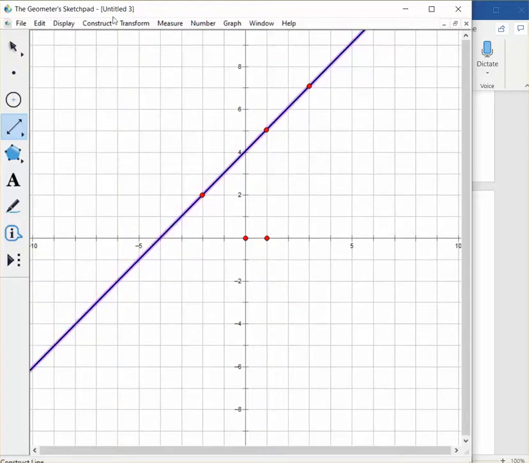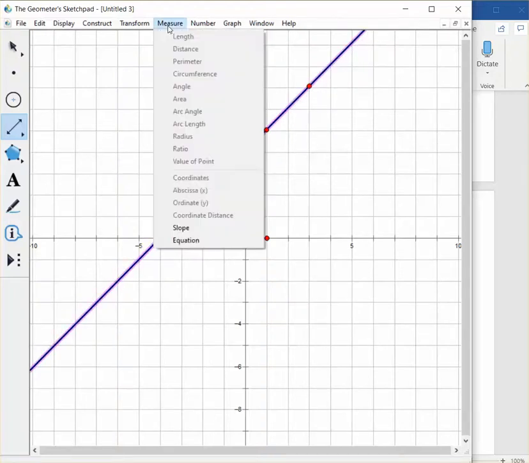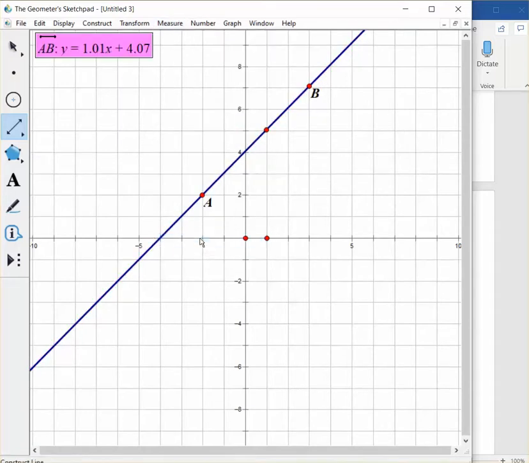Okay, to measure this and find the equation of the line, select it, pick equation, and there's the equation of that line. So that's how you would do it in Sketchpad. You make your points, make a line through the points, and then go to measure and select equation. In GeoGebra,